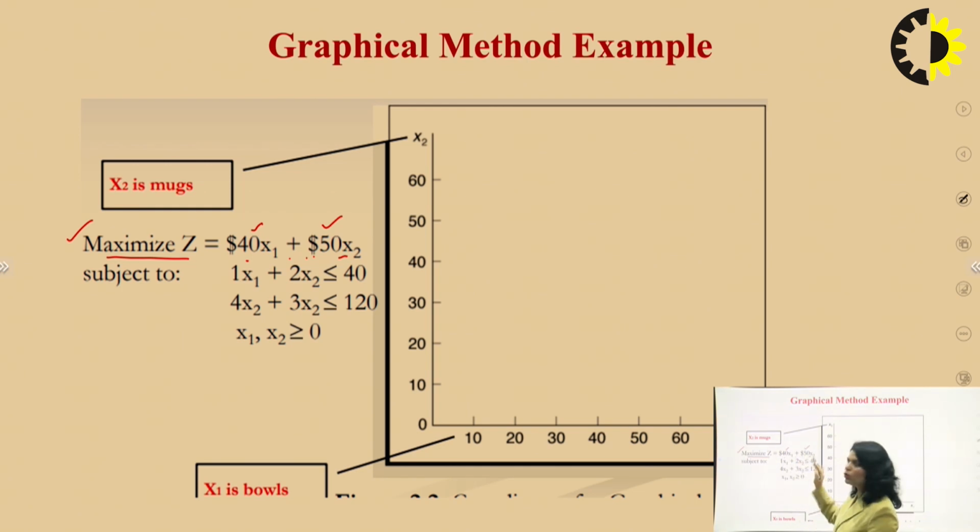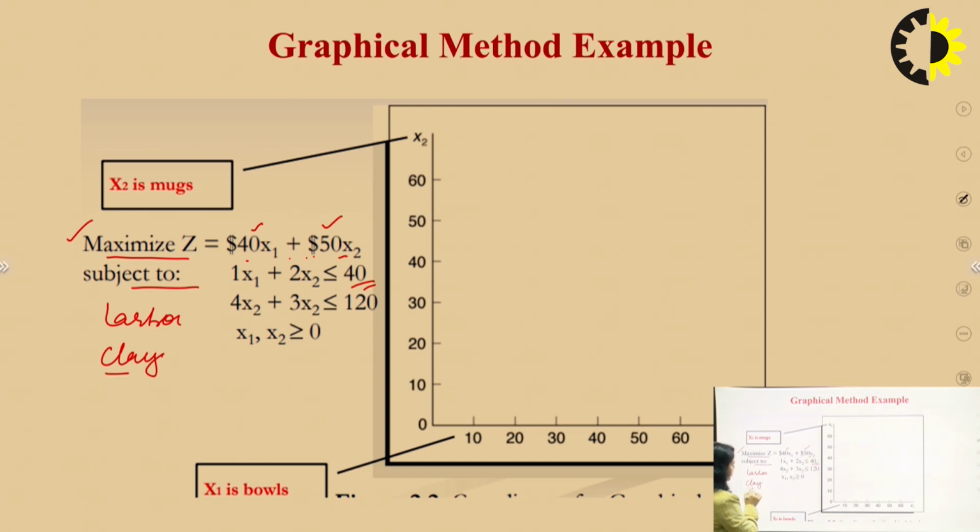So this was our objective function. Now it was subjected to the constraints. Okay, these were the constraints. There were two constraints in our previous example. The first one was the labor, and the second one was the clay. These were the two constraints, and the maximum limit was 40 hours. 40 hours were given for the labor, and the availability of clay was 120